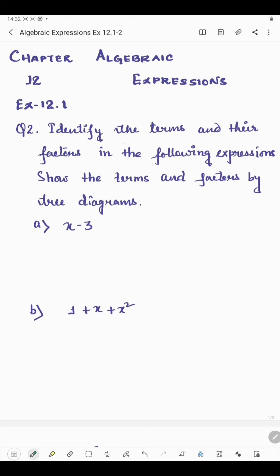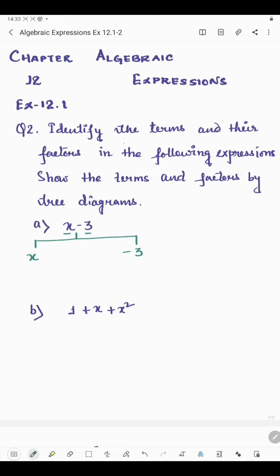So here in this expression we have two terms, because in between a minus sign is there, so that means plus and minus signs separate the terms. So here we have two terms, okay, one is x and another is minus 3. So at first we will have to identify the terms. So the terms are, one is x, another is minus 3, and we will have to show the terms and